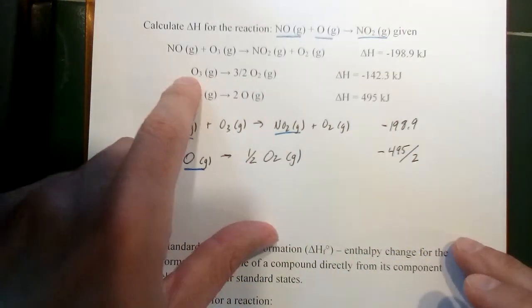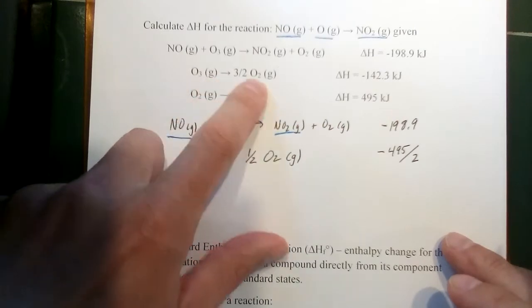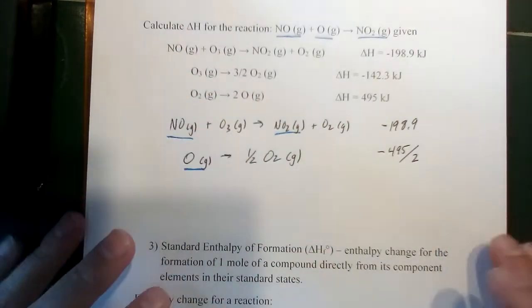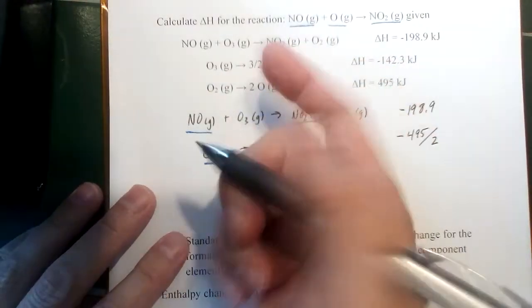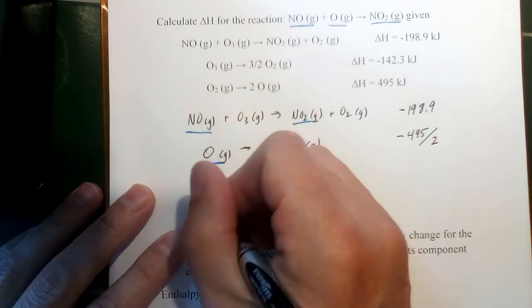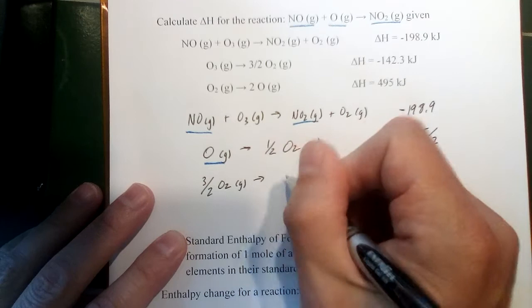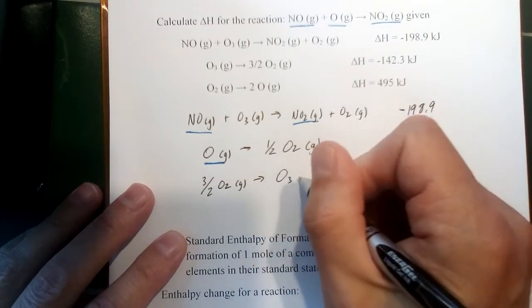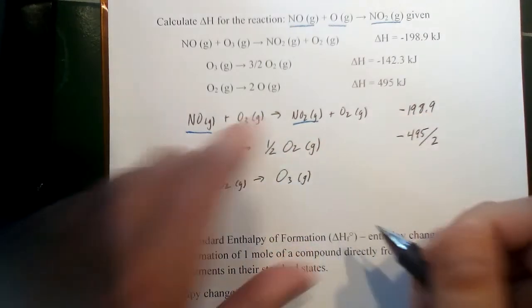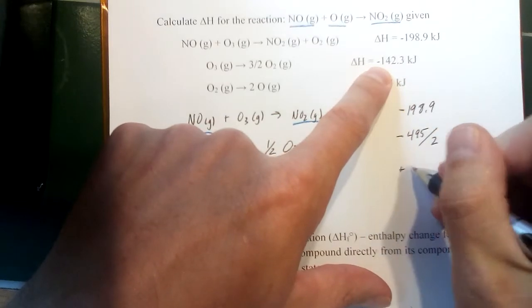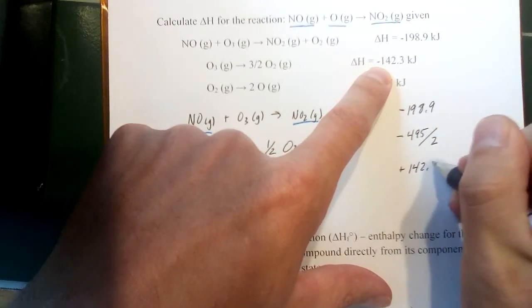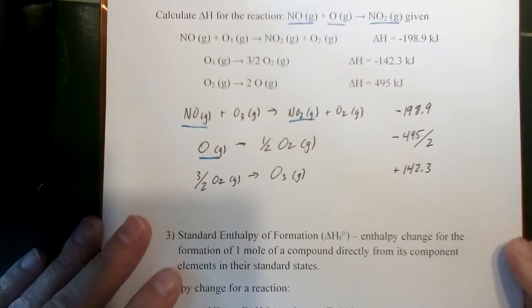So that reaction is part of the bank that we have here. We just need to flip it the other way. So I'm going to flip that reaction, but the quantities are fine. 3/2 O2 molecules becoming an ozone molecule. And if that's negative up there in the table, it's going to be positive down here since I flipped